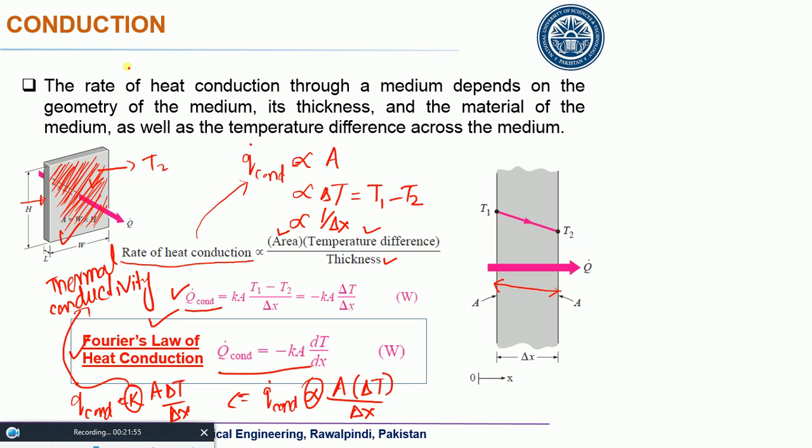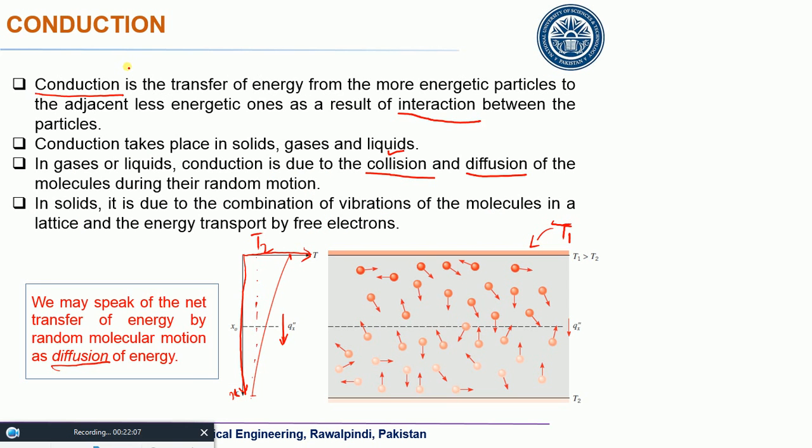If you see in what kind of coordinate system it has been written, it is partial by partial x. So this is a Cartesian coordinate system, x, y, z, right? If you want to represent this Fourier law in other coordinate systems, obviously you need to have a more generic form. So in any case, Q dot conduction is